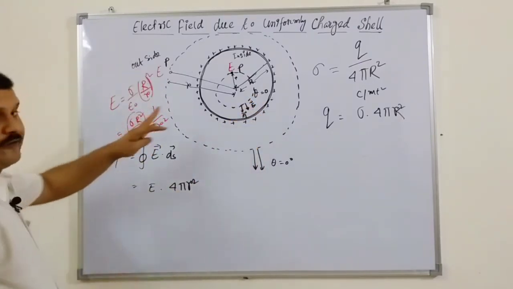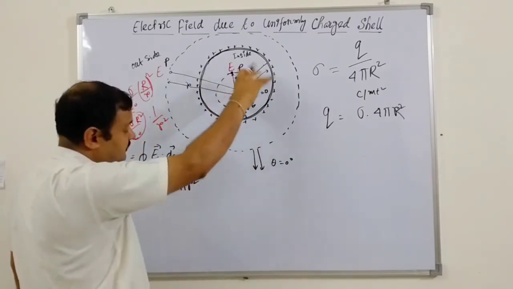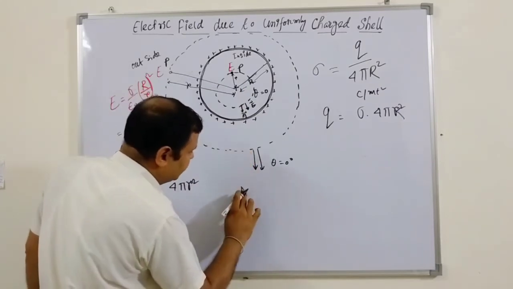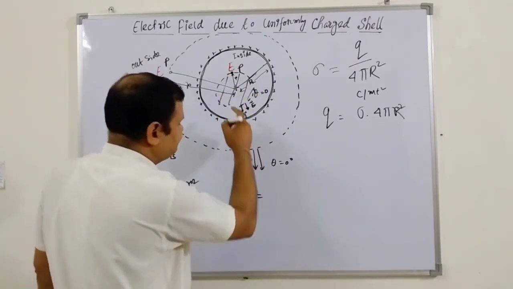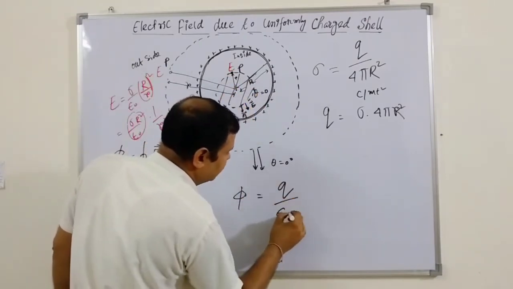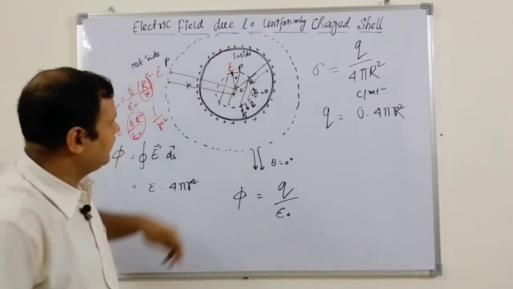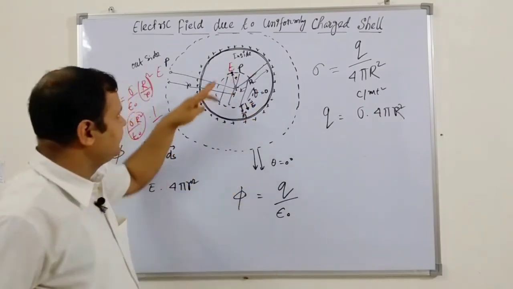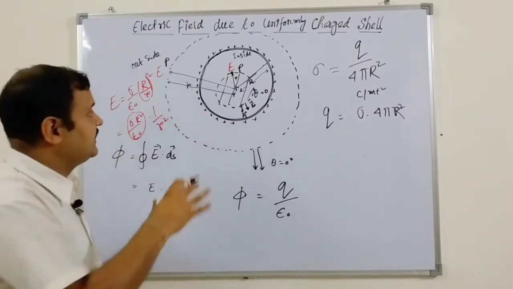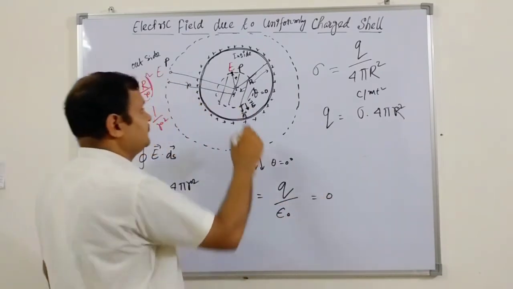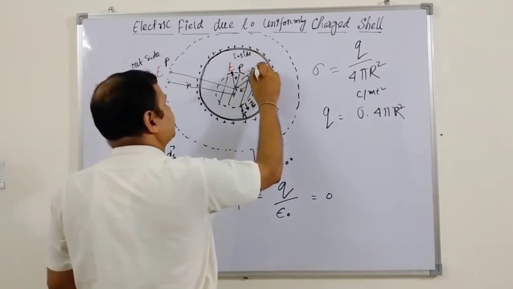So this is the net phi. Now from Gauss theorem, the net flux is the total charge content divided by epsilon naught, so this is Q over epsilon naught. But strangely, you see, this cell has a bigger diameter than the inner point we consider. So inside this Gaussian surface, this hypothetical surface, there is no charge. So Q is 0 here, because there is no charge. Q is not there inside this hole.